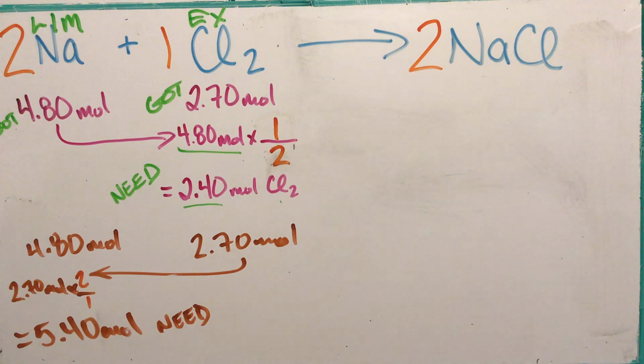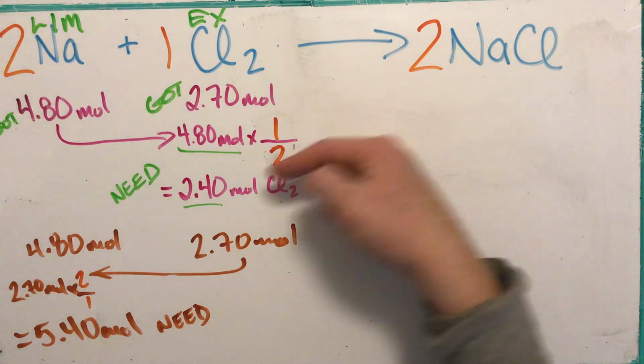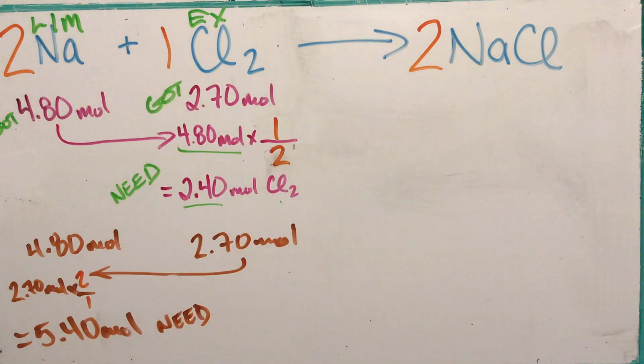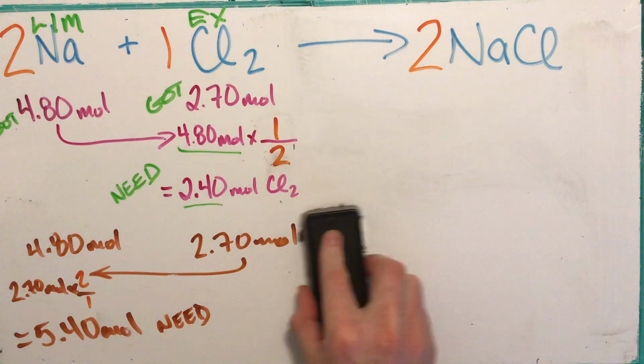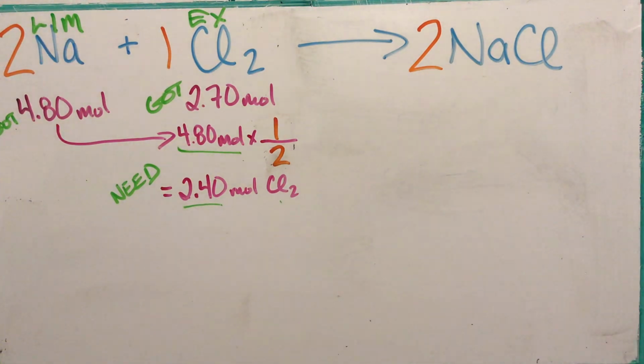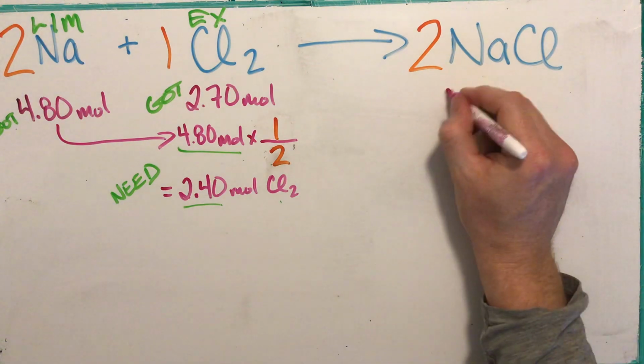All right? Pause the video if you want to get that down. I'm going to erase this brown calculation because we only need the one. So I've proven that I've got enough information here that tells me sodium is my limiting reagent. So I'm going to get rid of that. But you can see it worked out both ways. I can explain it. Now the second one said, what amounts